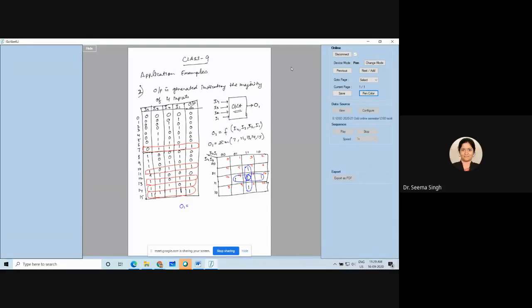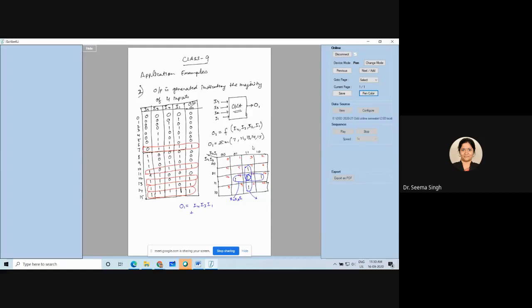Yes, ma'am. So O1 will be equal to what? You should tell me now. I4, I2, I1. I4, I3, I2. Acha, I'm talking about this group. Okay, ma'am. So this is I4, I3, and because I2 is changing, we will drop it and we will be left with I1, right? I4, I3, I1 is your first one.